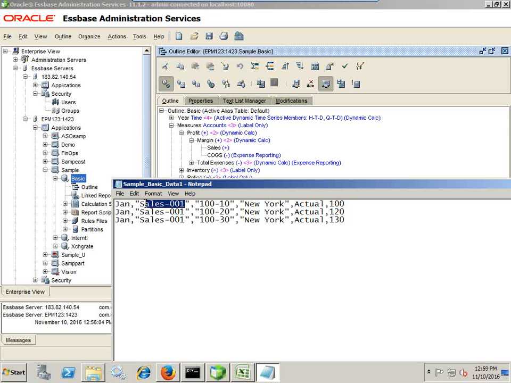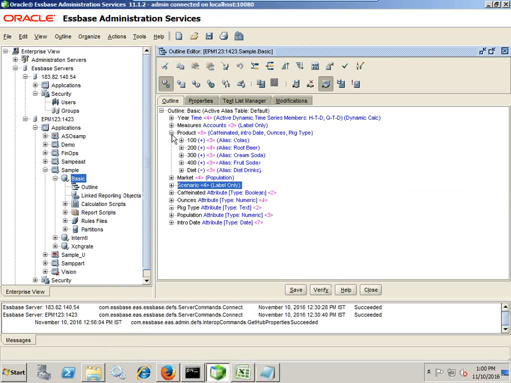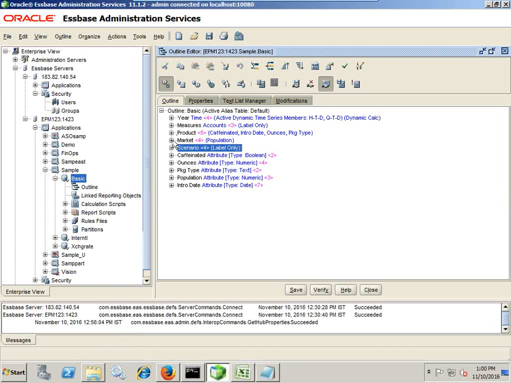Now if you pay attention to this carefully, the name of my dimension member is Sales over here, but here it is Sales-001. The 001 is basically a source ID. Many times when you pull data from a source system, you have a source ID appended. I'm going to use a string function today to demonstrate how to remove this last 4 characters from your Sales. So when I perform mapping, I would eliminate the last 4 characters and Sales will map to Sales. And then you have a product 110, New York,